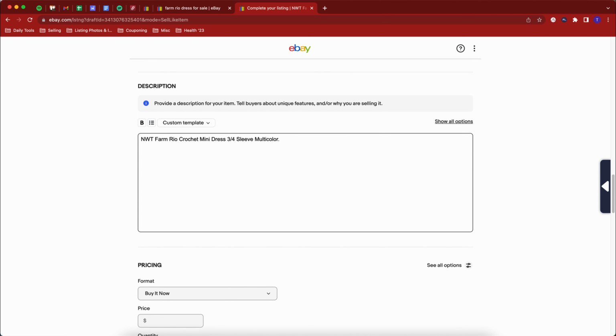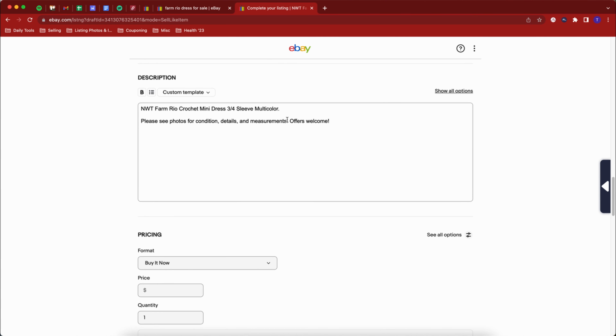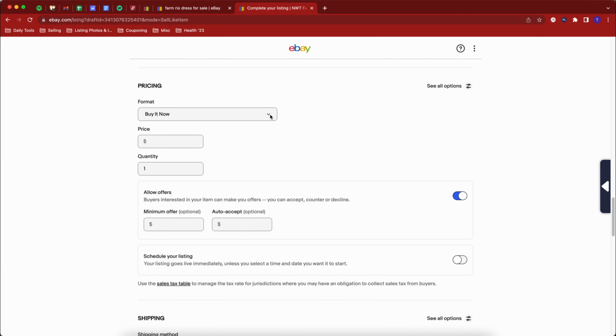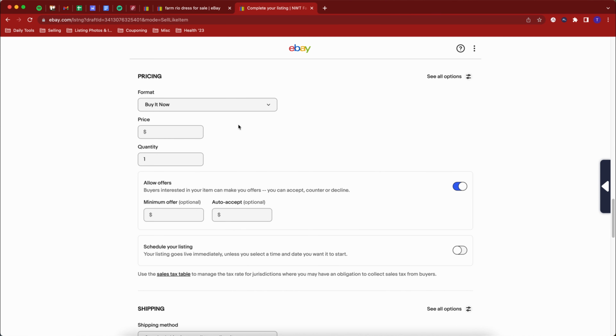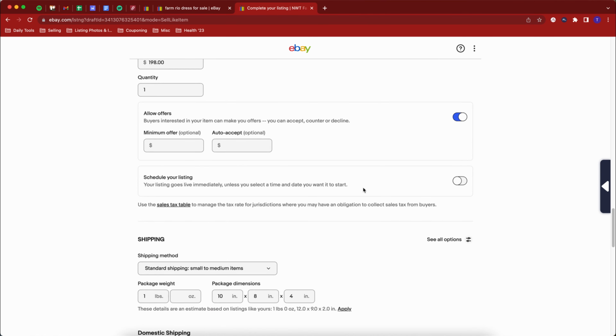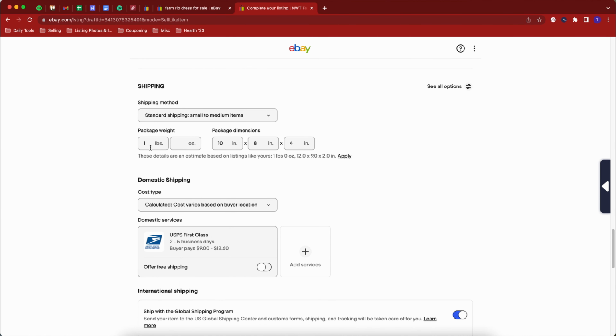I also have a shortcut for something, and I'll just do it right now. It's PSP: Please see photos for condition, details, and measurements, and then offers welcome. So yeah, I usually have more of a description, but I won't bore you. You can either do buy it now or auction on eBay. I typically do buy it now and set the price, allow offers, put the weight in,